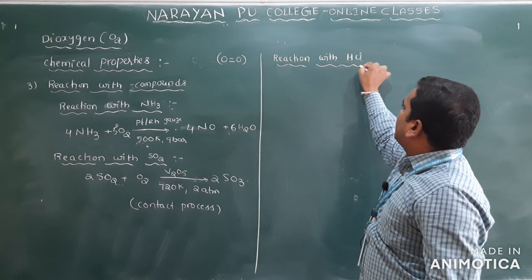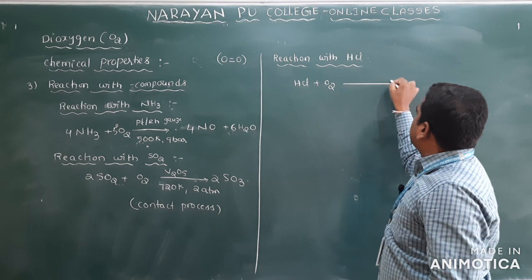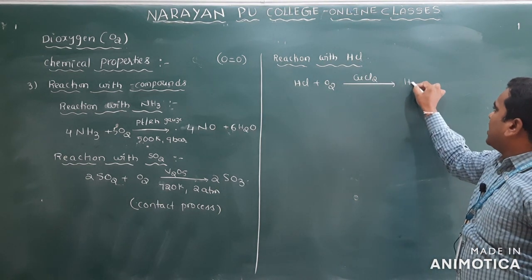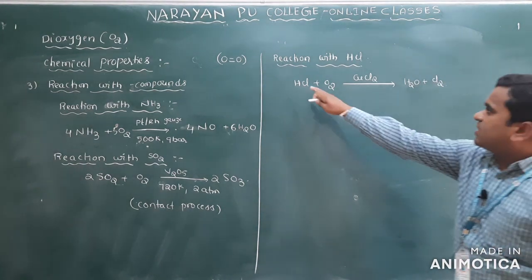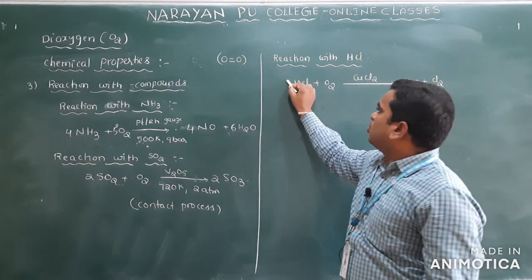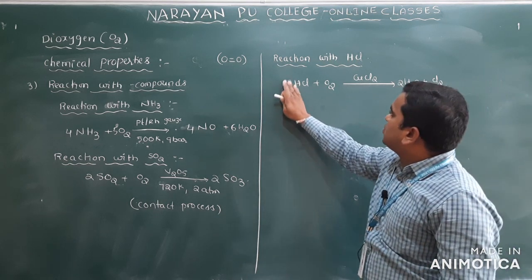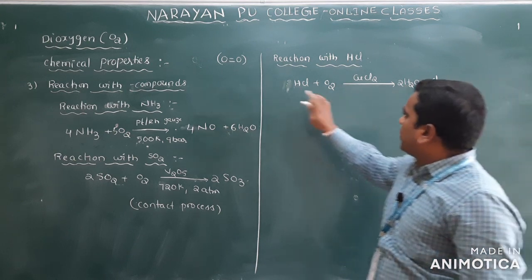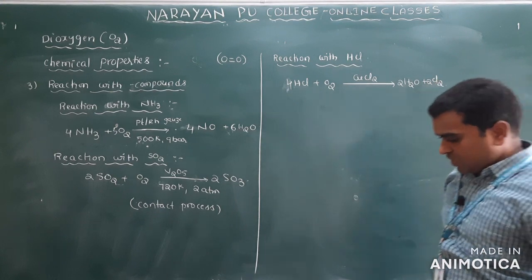So what happens here? Whenever HCl reacts with oxygen in presence of cupric chloride, then you will get H2O plus Cl2 released. Clear? So hydrogen and oxygen will be removed as H2O and chlorine will be removed as Cl2. So take 2 moles here, then for H2O you have to take 2 moles here, because 2 oxygens are there and here I have to take 2 oxygens. How many hydrogens are there? 4. So I have to multiply this one with 4. How many chlorines are there? 4. I have to multiply this one with 2.